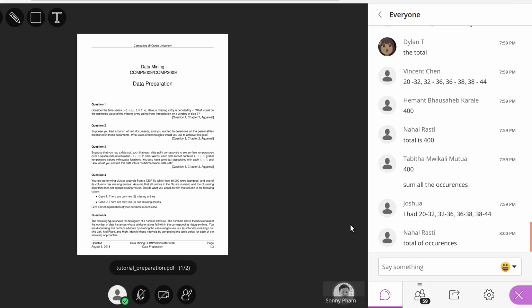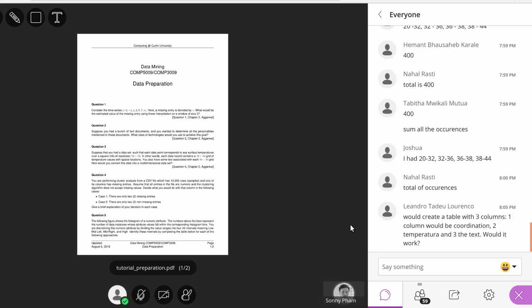So what we have is, yeah, okay, someone has a suggestion. We create a table with 3 columns. One column would be the coordinates, temperature, and the text. Would it work? Convert to a multi-dimensional data set. I think what you're trying to do is represent it in, let's say, 3 columns. One column will be the coordinates, right? The second is the temperature, and the third one is the text. Yeah,